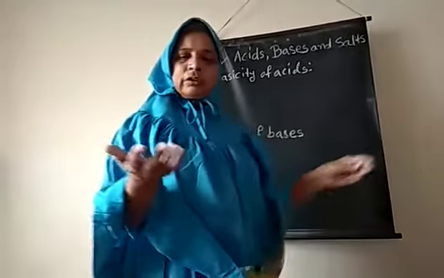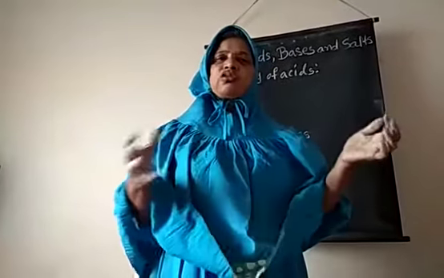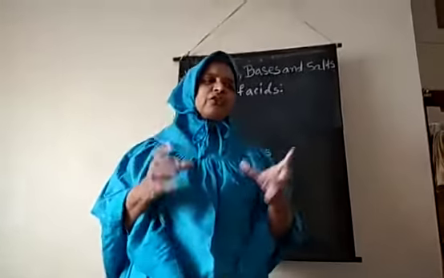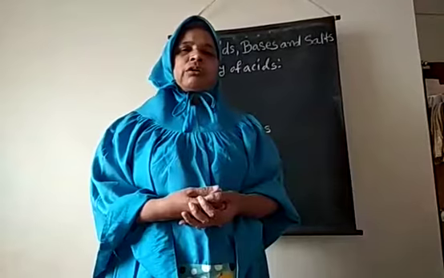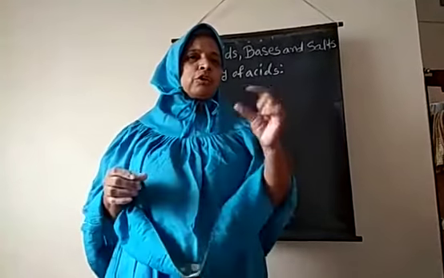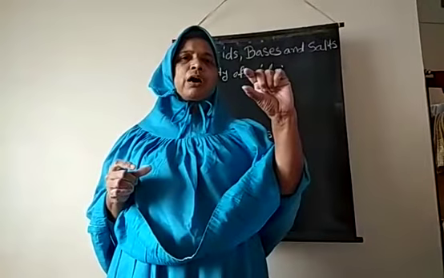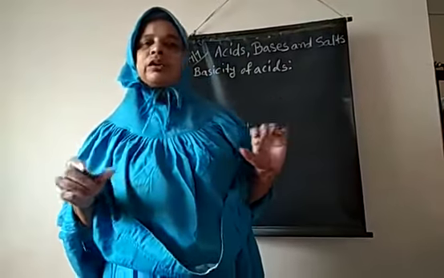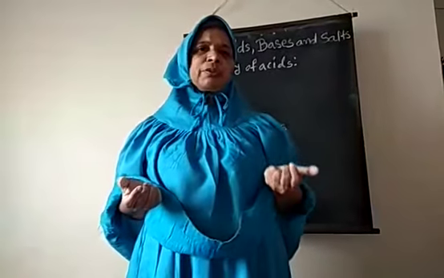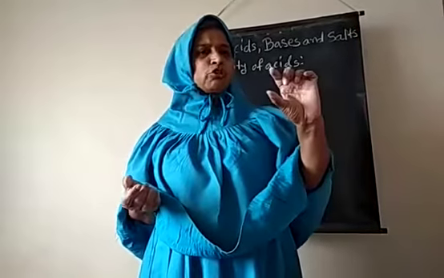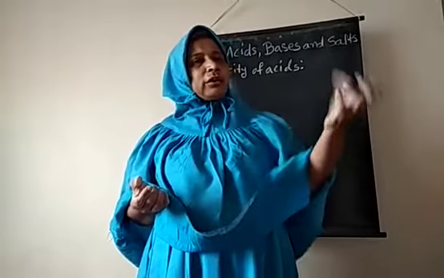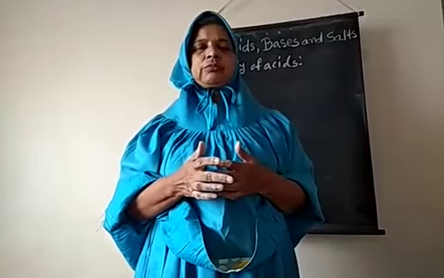Concentrated. Very commonly we are using these words, concentrated and dilute. So when we are preparing sharbat, when the guest comes, we are offering sharbat. When you prepare sharbat, you take a syrup of a particular flavor. For example, you are making lemon sharbat. So you take lemon juice in a small quantity and then you add water to it.